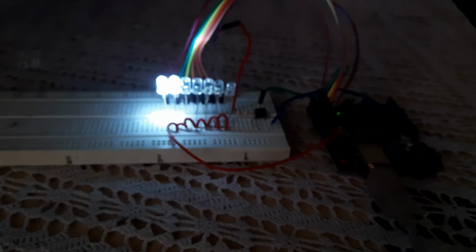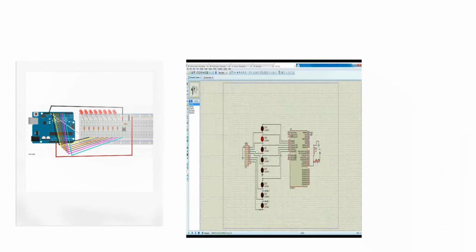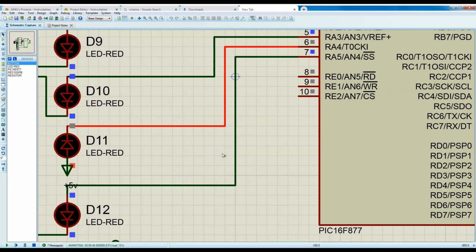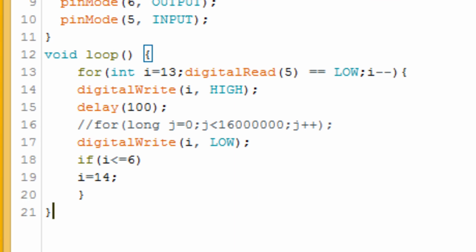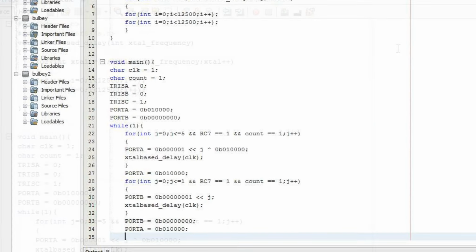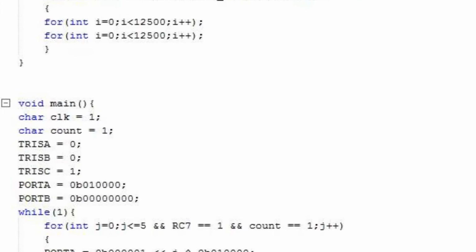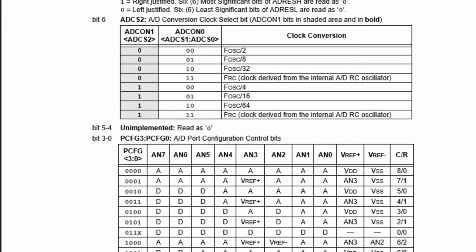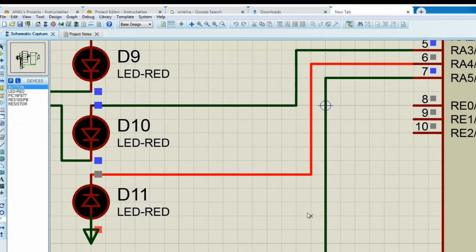Major differences between Arduino and PIC microcontroller. On the schematic side, the Arduino schematic is really simple, whereas with the PIC microcontroller, we have to make sure of the multiple functionalities of the port pins. Arduino code is really simple, whereas with the PIC microcontroller, we have to initialize each and every port. Sometimes we have to write our own functions, sometimes we have to set the ADCON register to make a particular pin analog or digital. And in the circuit diagram aspect, as I already said, there are some pins which act as open drain, so we have to plan the entire PCB design around that.